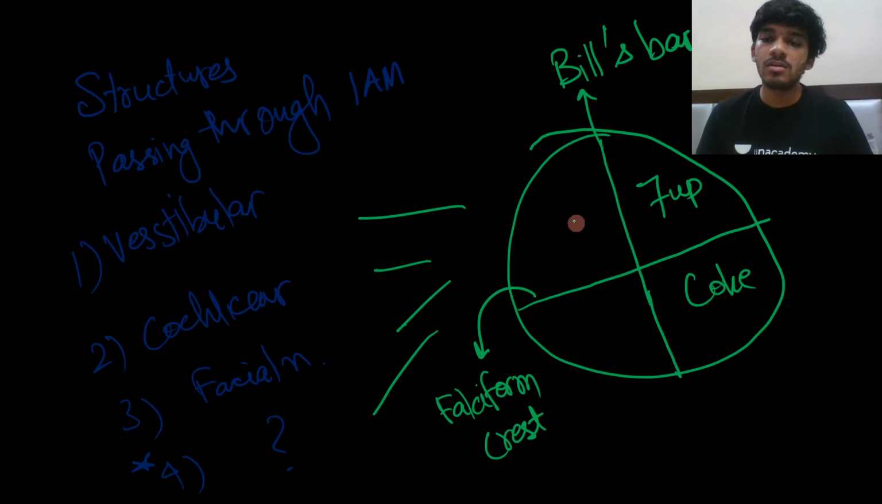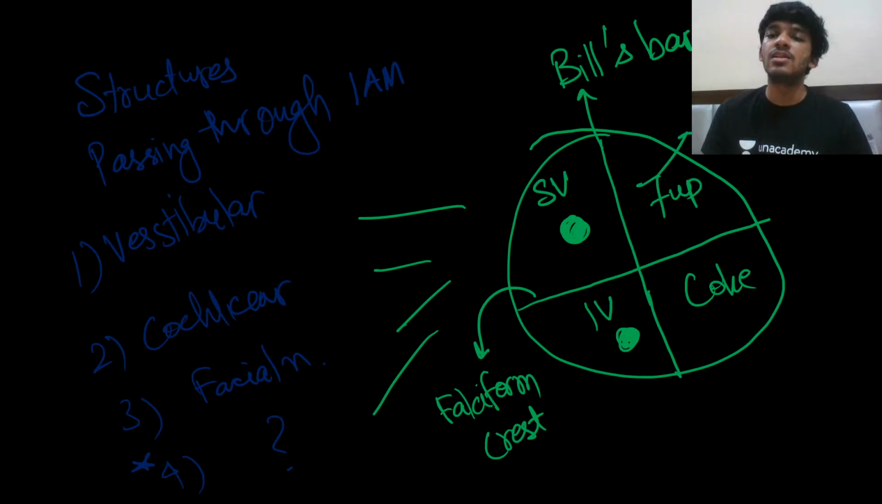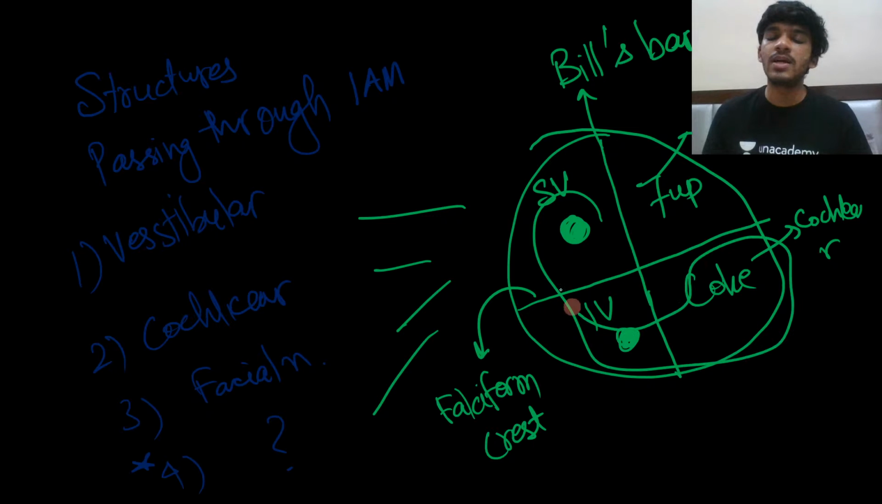What is left? Vestibular, right? So superior vestibular and inferior vestibular. Superior vestibular nerve, inferior vestibular nerve. Now what is 7 Up? 7 here is the seventh cranial nerve, that is the facial nerve. And what is Coke? Coke, cochlear. Alright, so Coke is the cochlear nerve. This is how your vestibulocochlear nerve is present, and here you will have the 7 Up, that is the facial